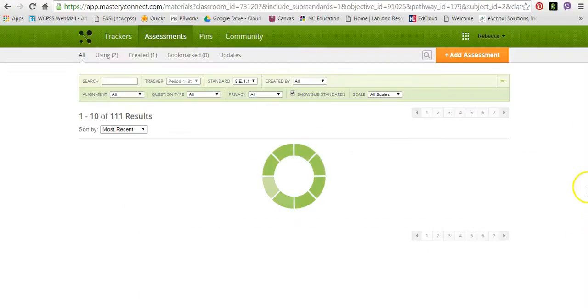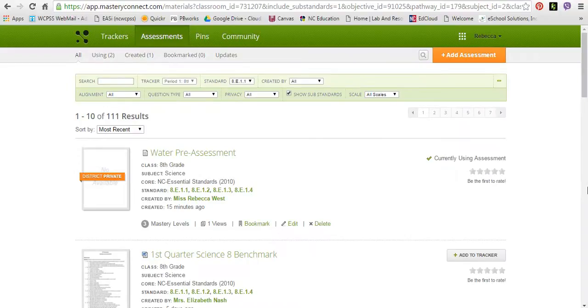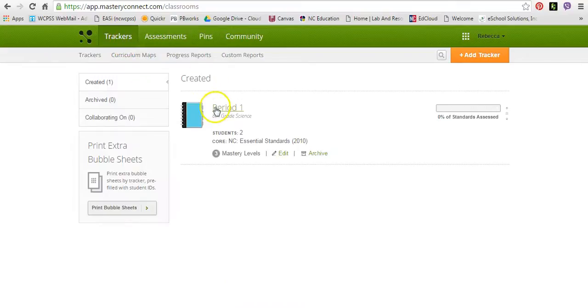But you can search for things that are single standard, you can search for things that are multi-standard, so there's a lot of different options that you have in searching for assessments that assess different standards, multi-standards, or single standards. All right. One of the other options that you have,